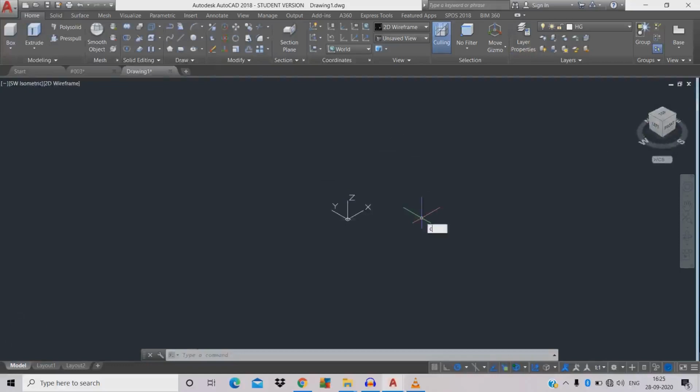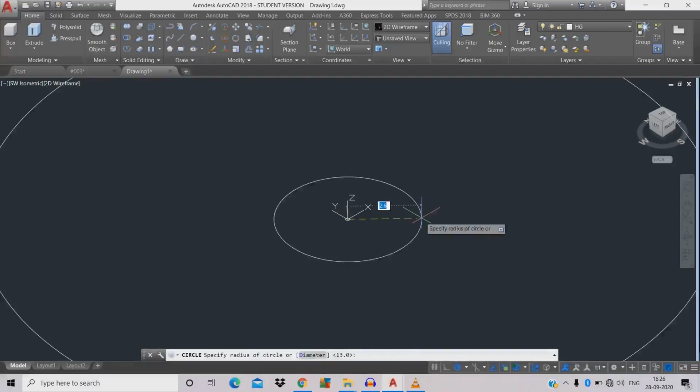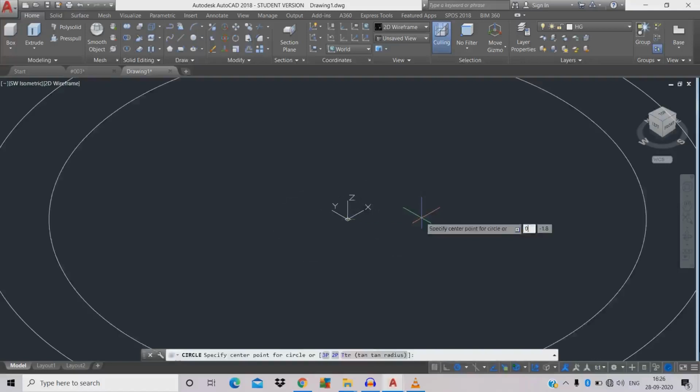We're going to draw a circle. C space, coordinates x0 tab y0 space, diameter space 55 dia. To repeat the command, C space 0 tab 0 space, D for diameter, 40. C space 0 tab 0, xy0, space D for diameter 26 dia. Then C space 0 tab 0 space D for diameter 21 dia. Then C space 0 tab 0 space D for diameter 9 dia.